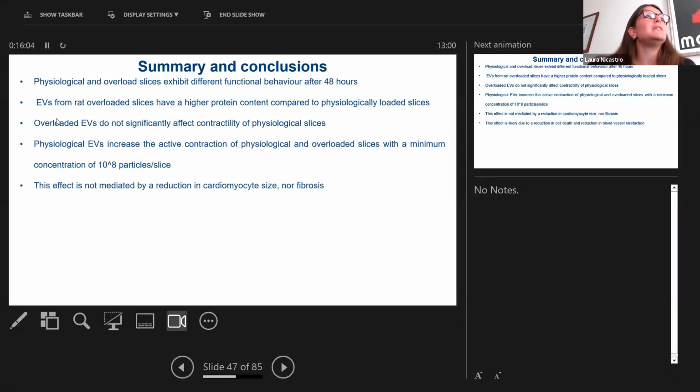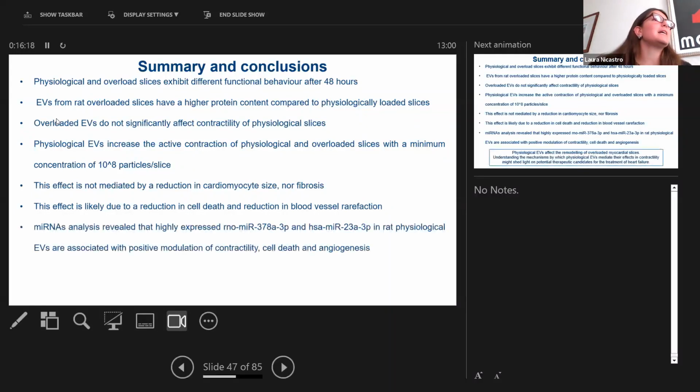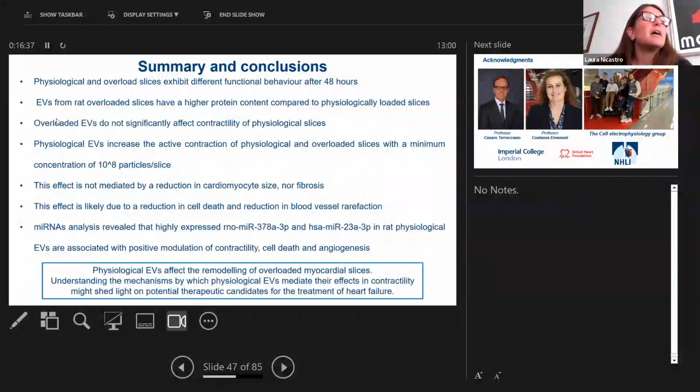The effect is not mediated by a reduction in the cardiomyocyte size nor in development of fibrosis, but is likely due to a reduction in cell death and reduction in blood vessel rarefaction. MicroRNA analysis revealed that the highly expressed miR-378a-3p and miR-23a-3p in rat physiological EVs are associated with not only a positive modulation of contractility, but also with cell death and angiogenesis. Physiological EVs then may affect the remodeling of overloaded myocardial slices,